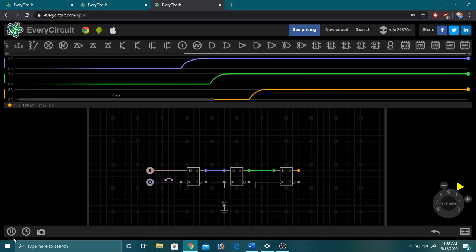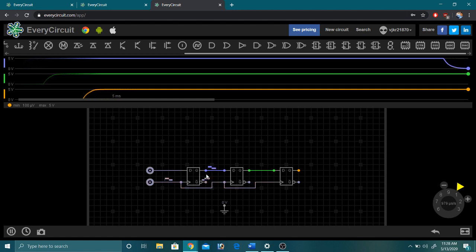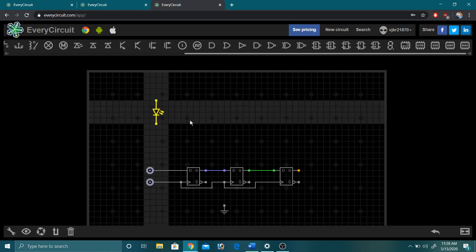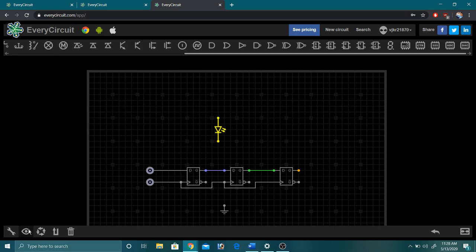This way we are going to generate the shifting of 1. Then 0: this becomes 0, then this becomes 0, and then this becomes 0. Okay, what we'll do, we'll beautify this. We'll apply LEDs so that we can observe shifting of the values.